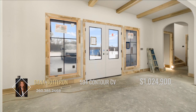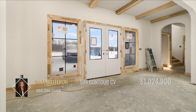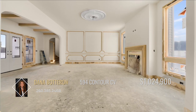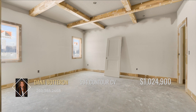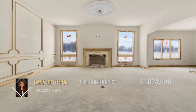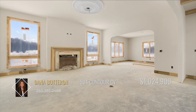The stone-wrapped walls complement organic arches and curved openings between the great room and foyer. Enjoy the detailed carpentry displayed throughout the home's wainscoting, trim, coffered ceilings, beams, and window casements. The great room is washed in light from the oversized windows, and the stately gas log fireplace welcomes your guests